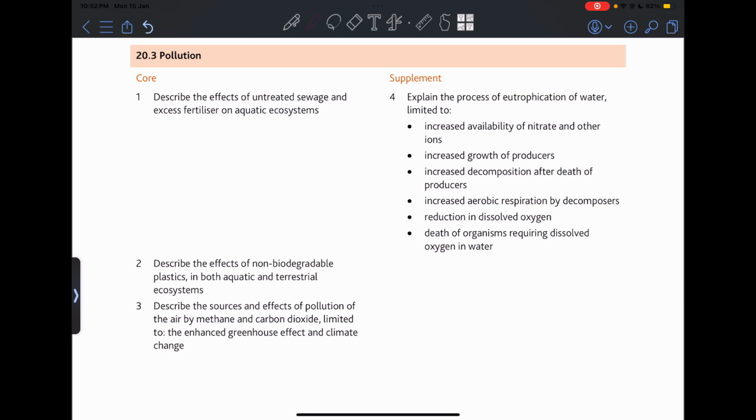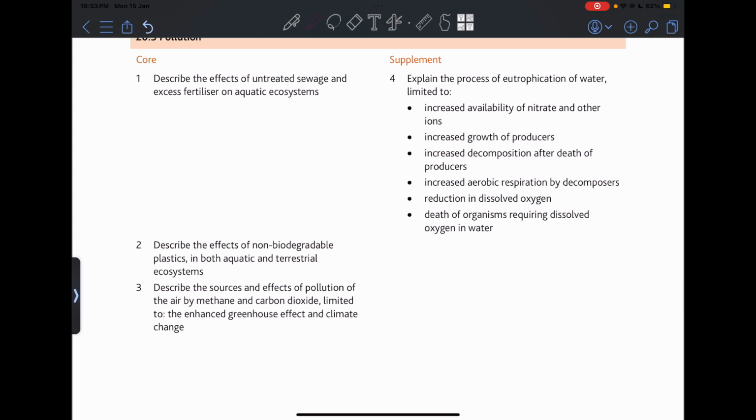so this is very, very dangerous. Extended students explain the process of eutrophication of water, limited to increased availability of nitrate and other ions. This is caused by excess fertilizer in the water. A factory may throw away a lot of fertilizer into the lakes. This will cause nitrate to be excessively available in the water, and this will cause increased growth of producers. So there will be a lot of algae growing in the water, and this will take away the nutrients and